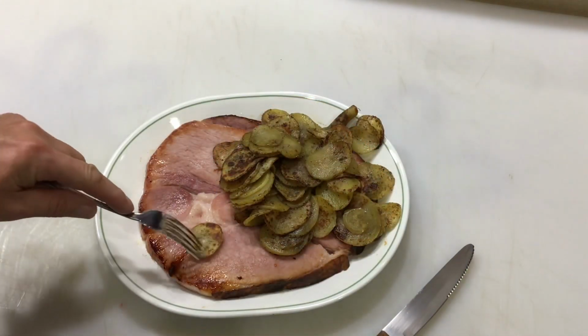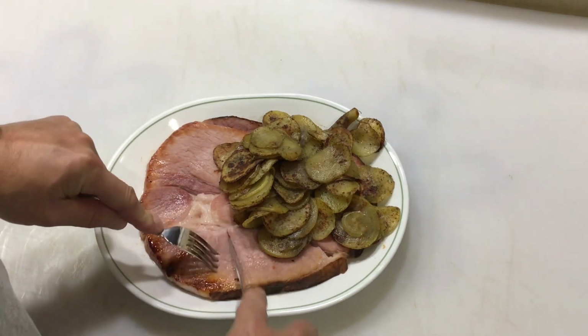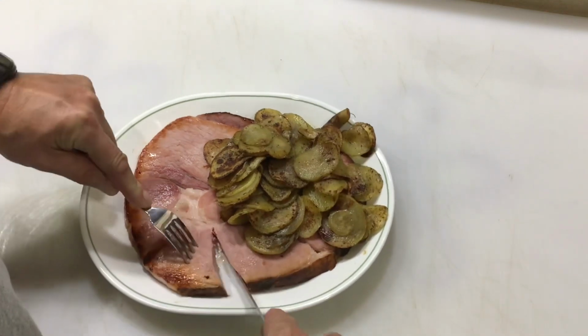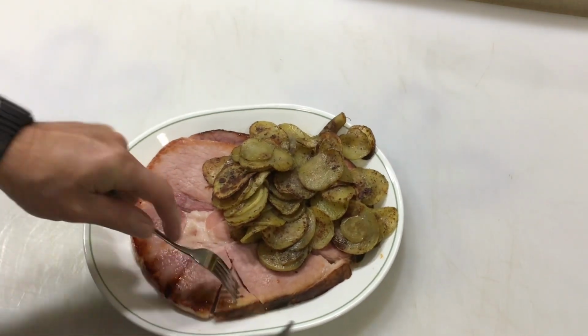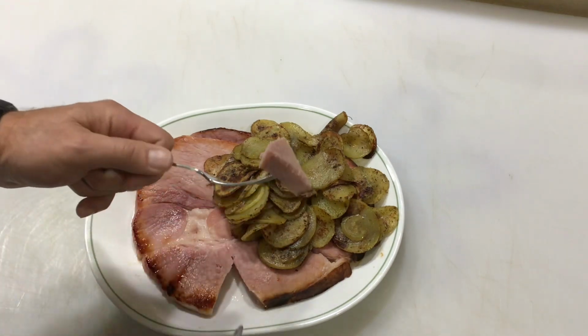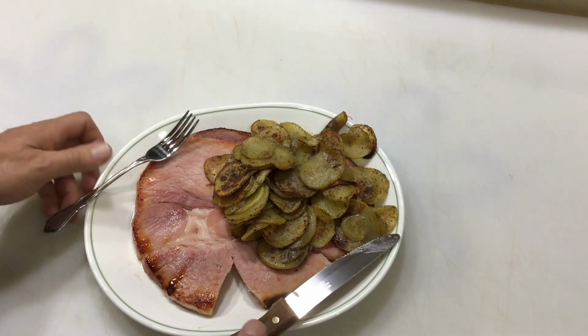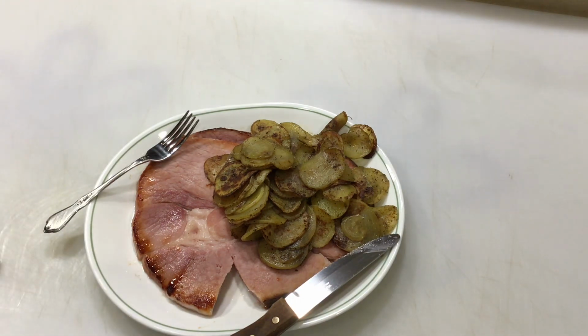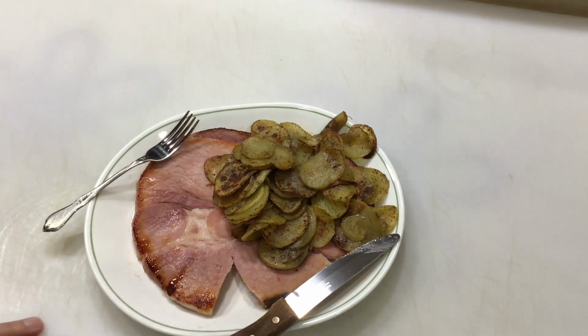Ham steak and taters, I'll tell you what. The taters are awesome. The ham steak. Mouth is watering. Oh man. Talk about a good meal. Folks, if you haven't tried ham steak, some taters,